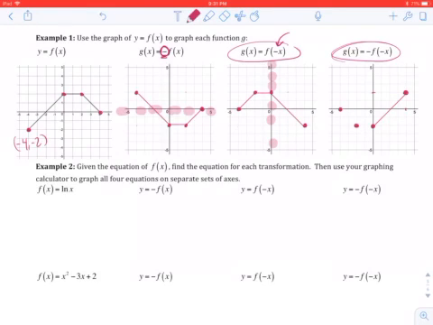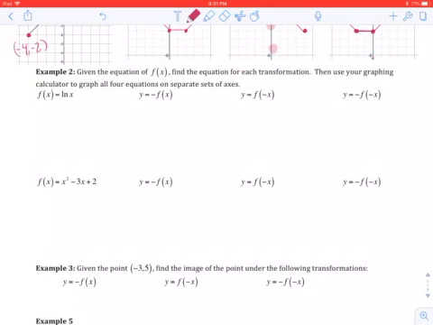So now when we connect these dots, we notice it really has been flipped across the x-axis and across the y-axis. So I'd like you to take a look at these, give the equation for each transformation, but